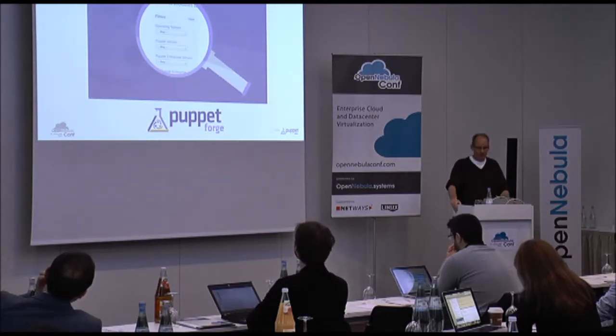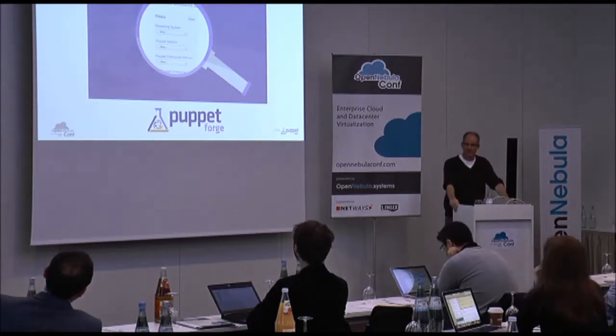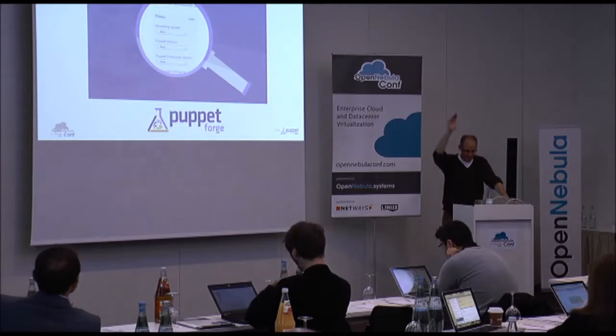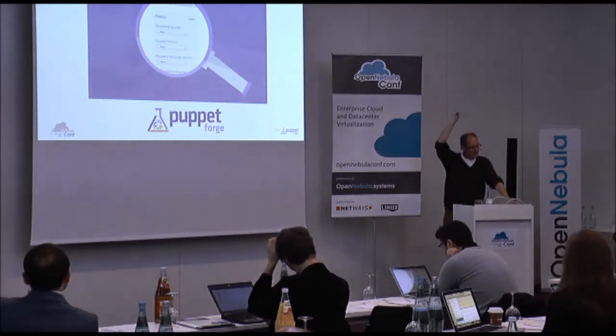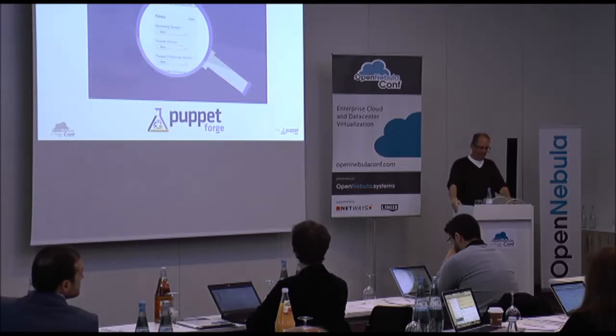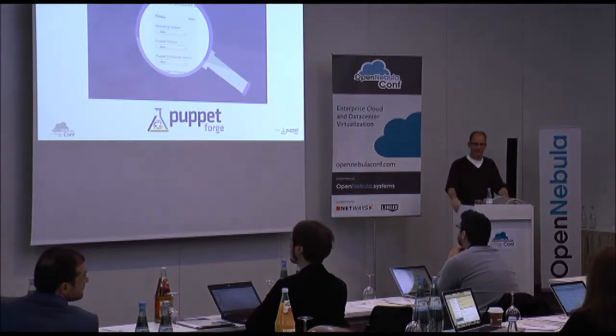Okay, so much for the general configuration management and Puppet part of things. I wanted to go through a few specific touch points between OpenNebula and Puppet for the rest of the talk, and I try to structure it in a way that we start falling out of the clouds all the way down into your data center and onto physical nodes. So we're first going to look at a few things that are really important for cloud users, for OpenNebula users, and then a few things that are important for OpenNebula administrators.